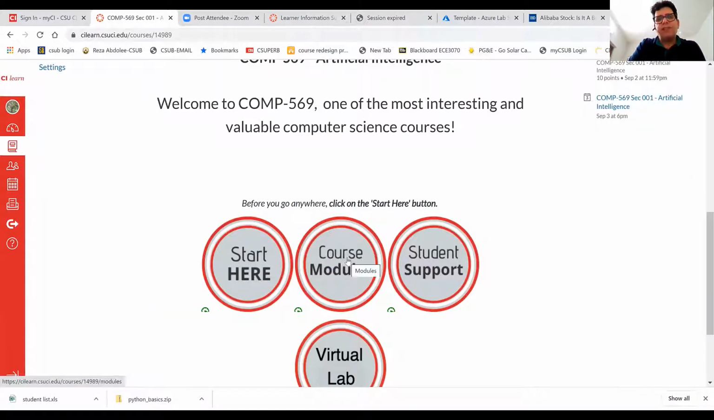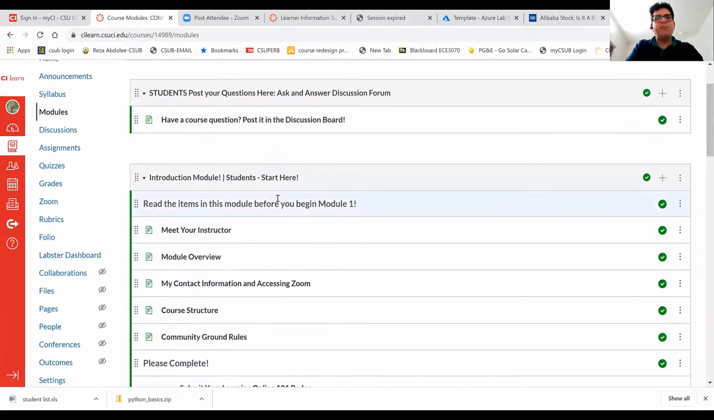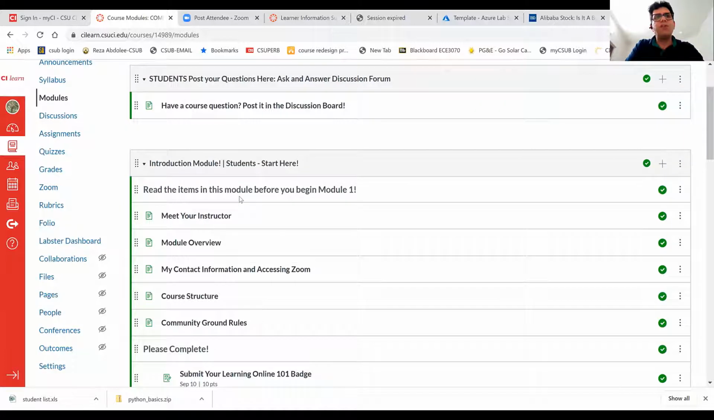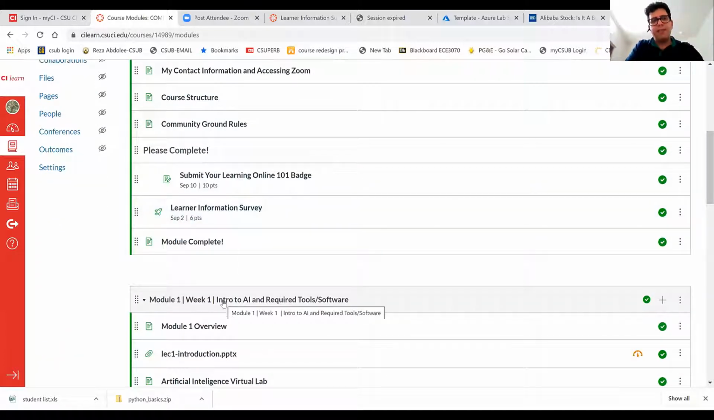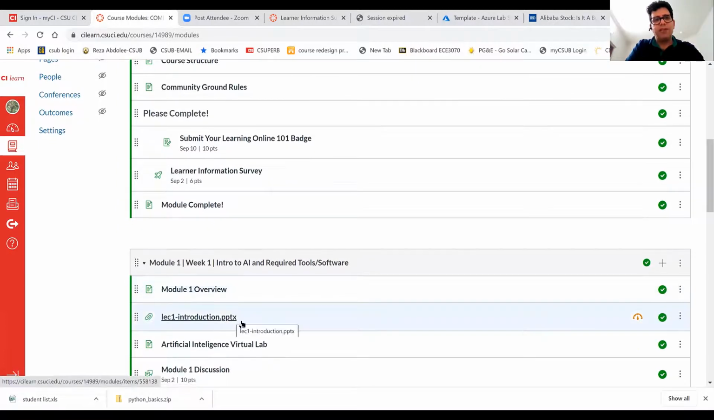So the course module, you can just click on here to go to the course module. Let's do that. You click on this, you're going to see all of the modules here. This is the introductory module, and then we start module 1 here. This is the module that we are talking about today. It's the introduction. These slides, we are going to talk about during this